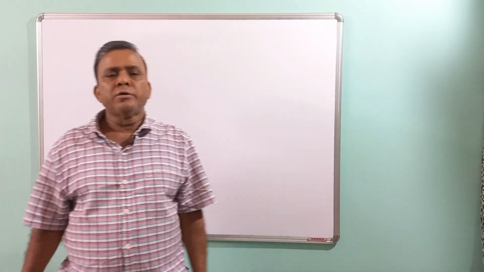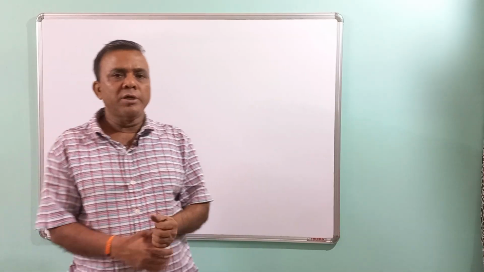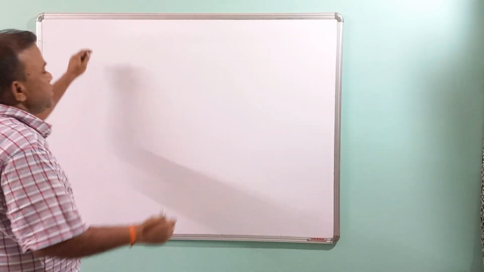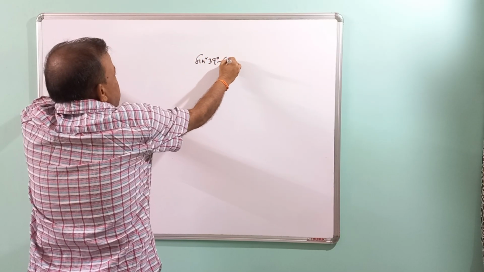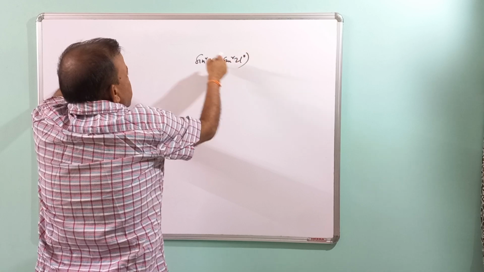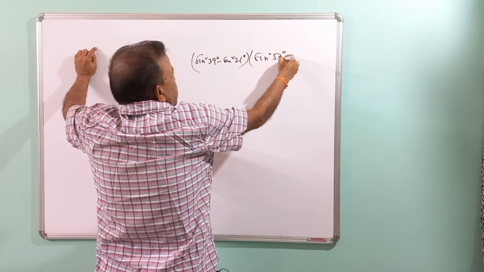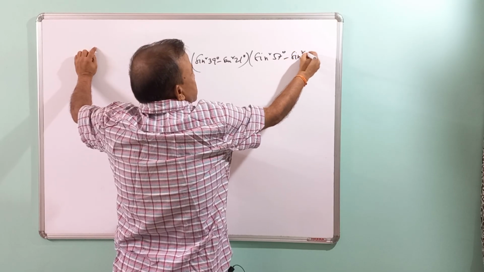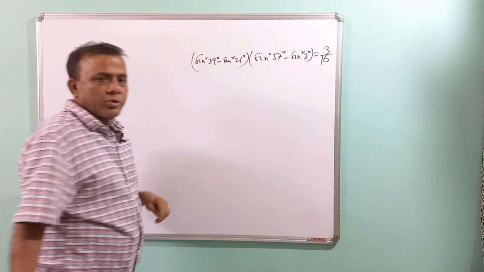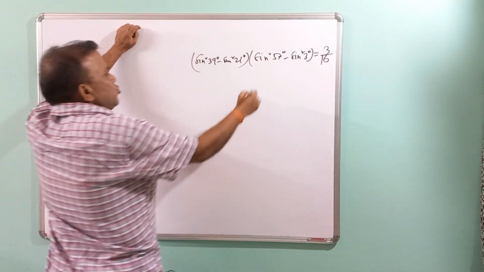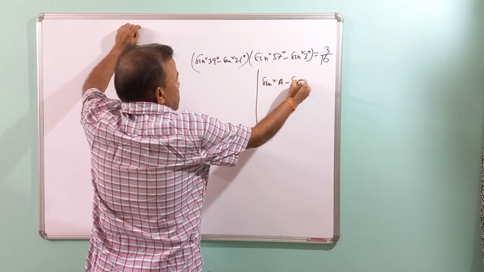Okay. Now we are going to discuss a trigonometric related chapter, submultiple angle. The problem is: (sin²39° − sin²21°)(sin²57° − sin²3°) = 3/16. Okay, as we know, the formula is sin²A − sin²B equals